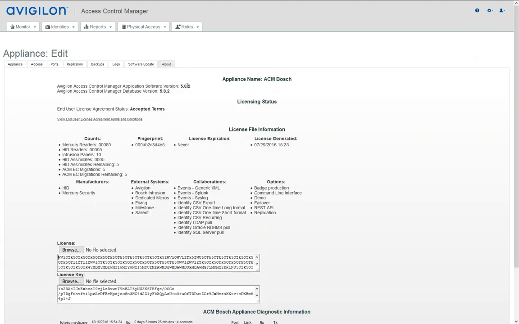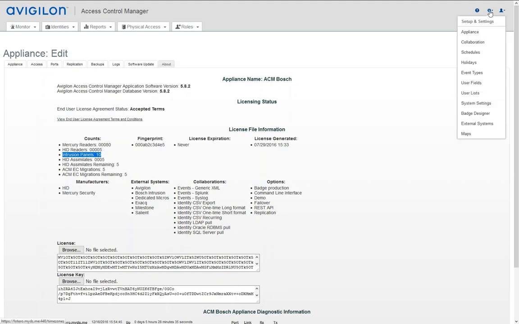And then under the About, you'll be able to see here is the version number that I'm running, and somewhere in here you'll be able to see how many panels you can connect, right? So right now, as I said before, you can connect to a maximum of 10 panels. So my license is already there, it's ready to go. So next step, you wanna go, once again, to Setup and Settings, go to External Systems, and you will